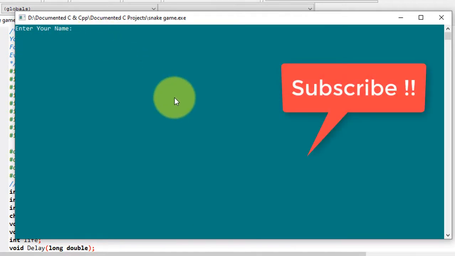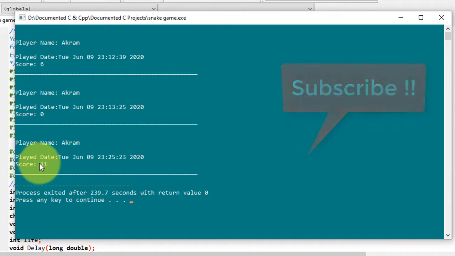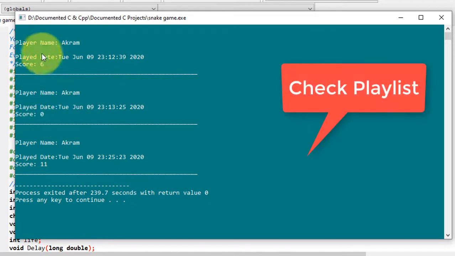So I am pressing space and entering my name to record my score. So my score was 10. Now press Y if you want to see your past records. I'm pressing Y. So these are my past records that I have played. See, this is the last time I played, with score 11, and I also played a few times before showing you the game. Those are the previous scores under this name. So these are the things that we have in this snake game.